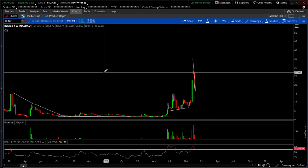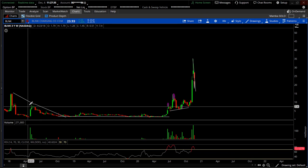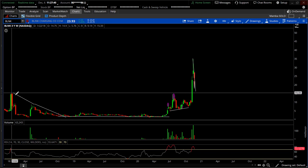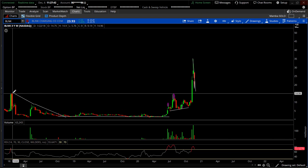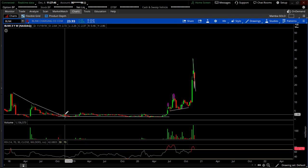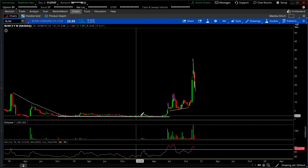They have some good news. They're rolling out, in the Northeast, I think at different Burger Kings, they're going to be putting charging stations there. So let's look at the technical side of it. I like the base that was formed. You know, the IPO popped, everybody got excited, then volume came in, and then we hit a base. You know, $2.86, $1.60,